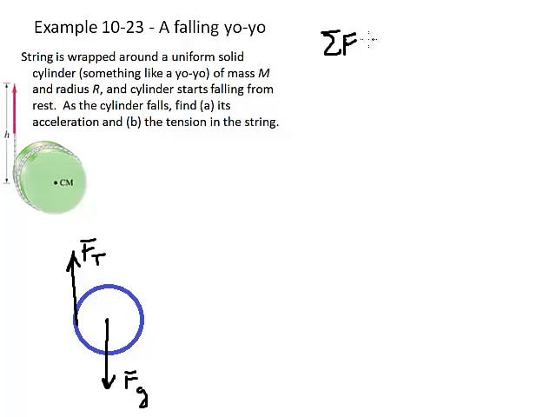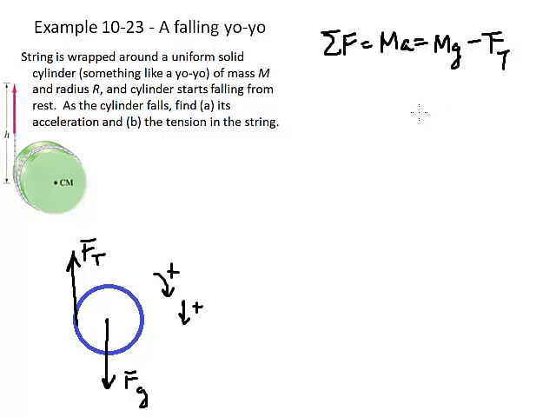Let's pick down as positive here, and we will pick clockwise as our positive rotational direction. So sigma F is equal to mass times acceleration, and that's going to be mg, the force of gravity, minus